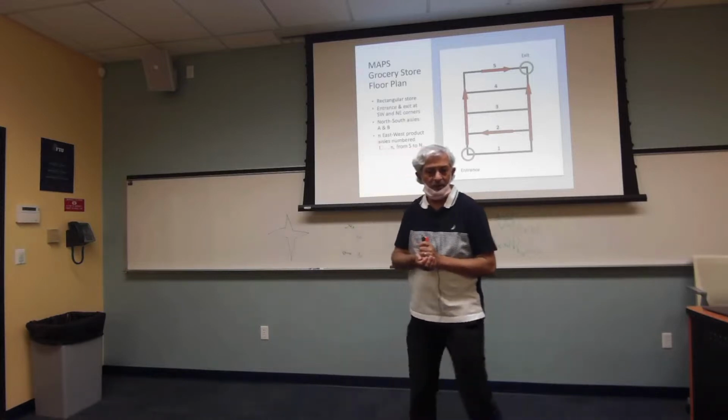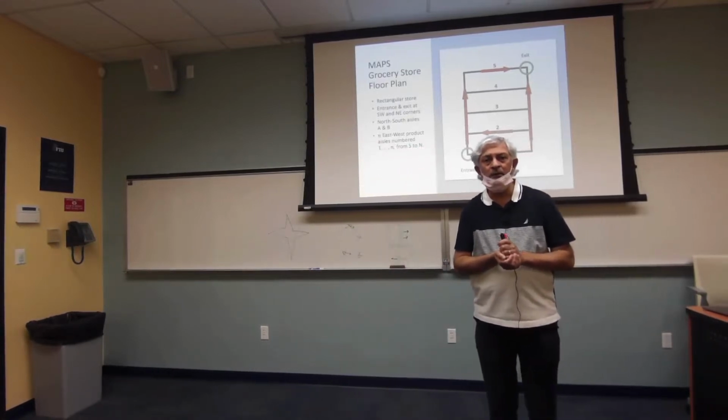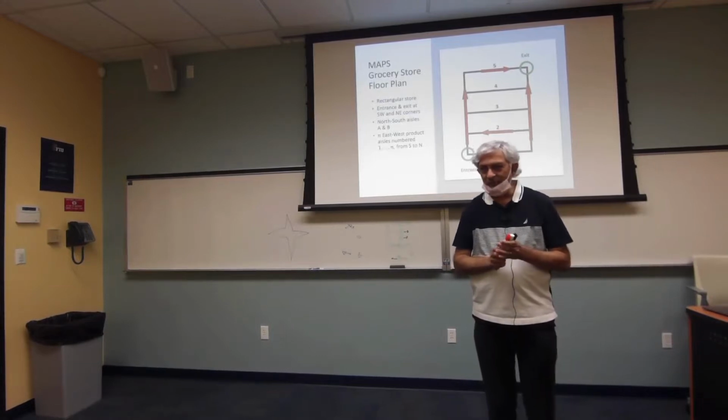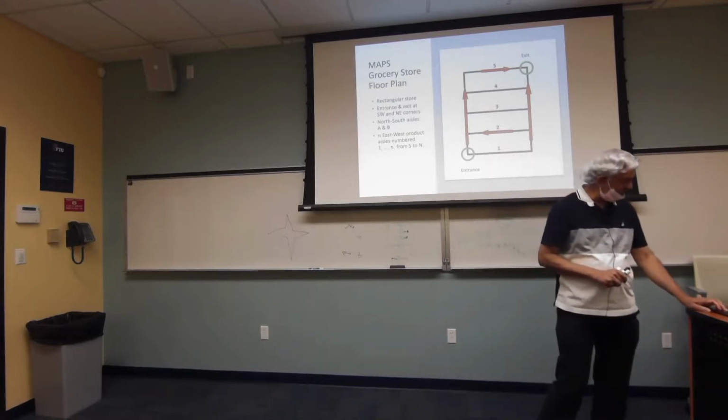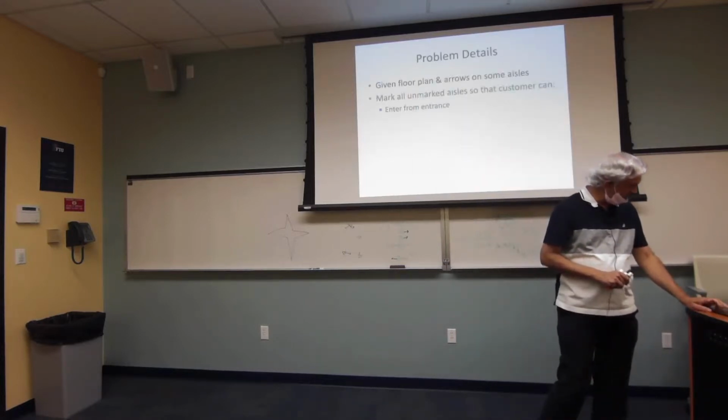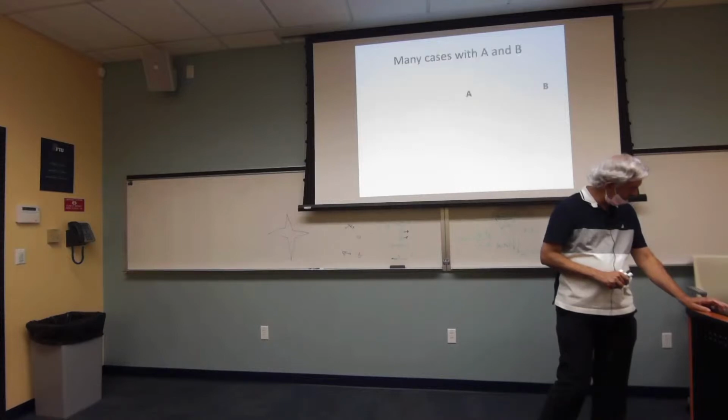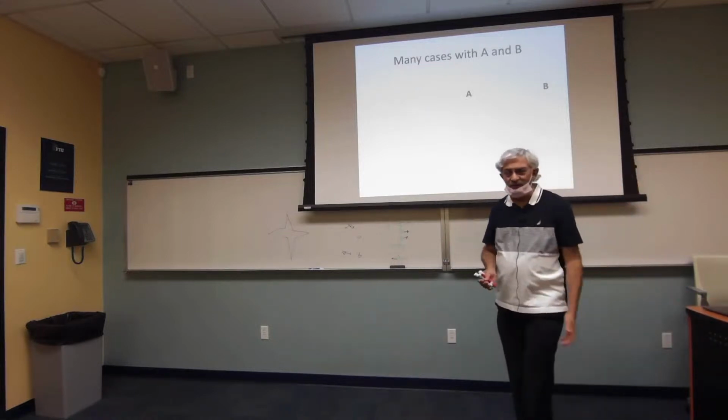And if either one of the north-south aisles are down, then there's a cycle. Yeah, there are all sorts of situations. So this is why my next slide says, in order to solve this problem, oh, sorry, I shouldn't be showing you that. There are many cases, even with A and B,